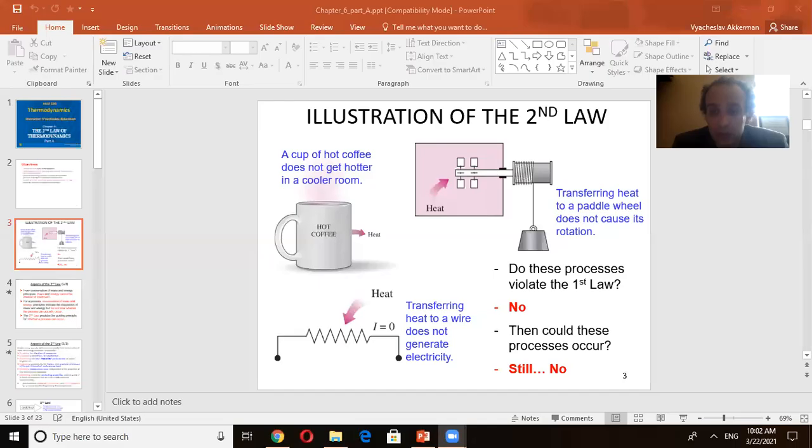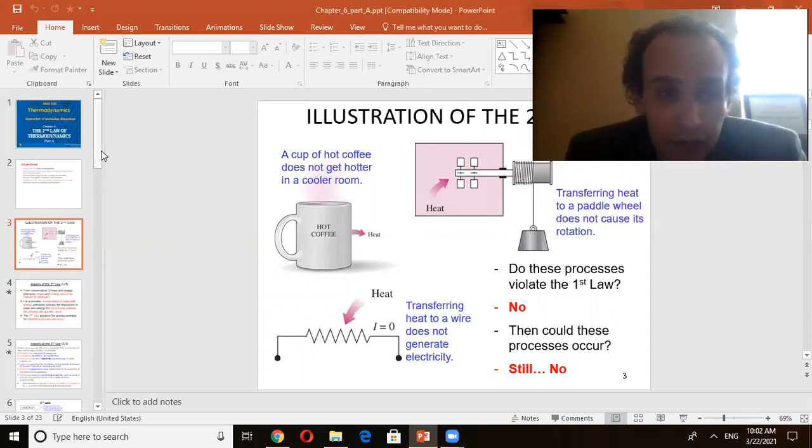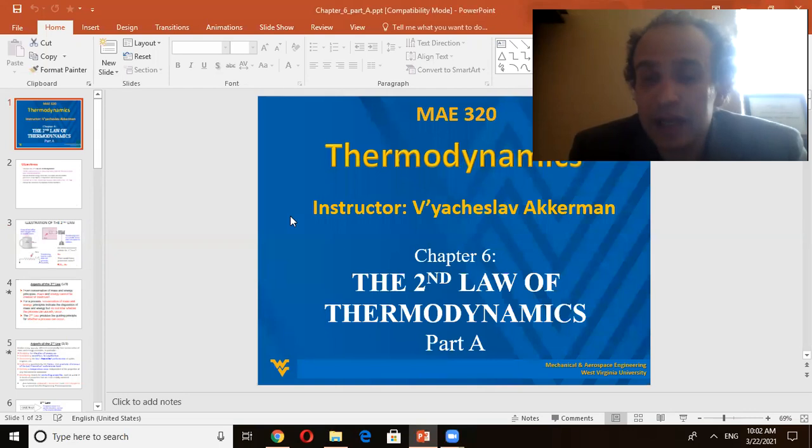Now we are starting a new topic today and on Wednesday. Let me share my screen. We will be talking about the second law of thermodynamics. This is something you must eventually pick up. Okay, please understand it's something important. So what is the second law? This is something we will be talking about from now until the end of the course. And this is something that really makes you different from ancient Greeks.